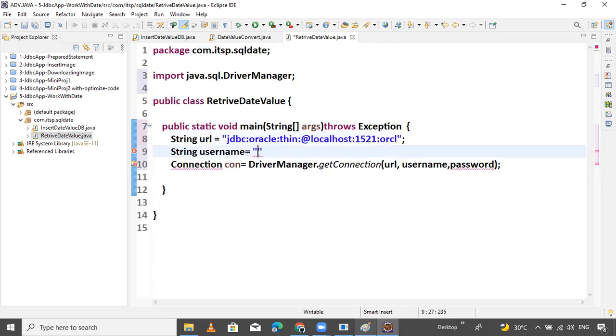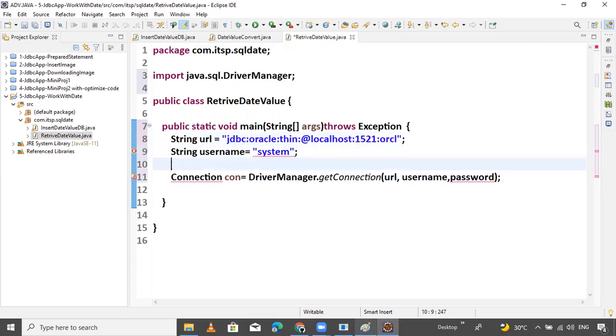That's it. Now username is system and string password is system. Connection is ready.